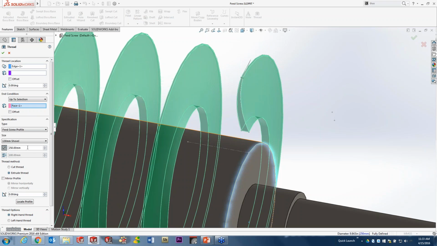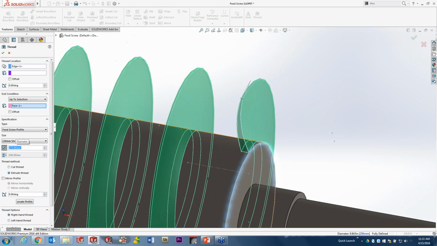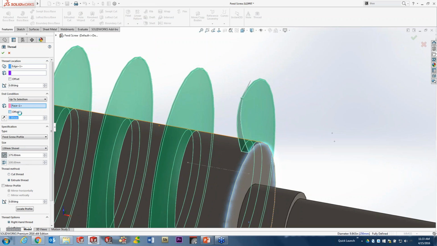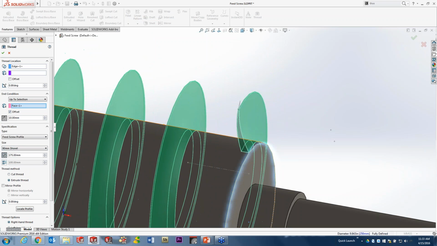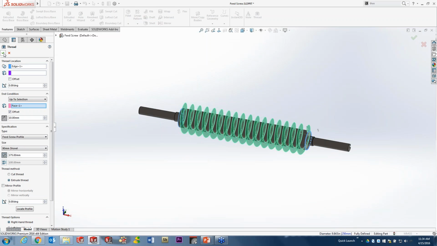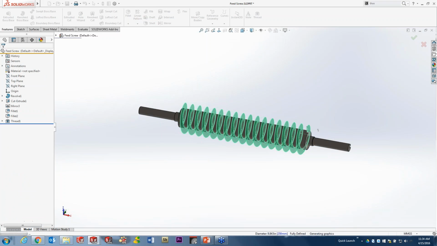And even if I want to reposition it based on where it auto-located, we can tweak those values as we go as well. So there's a lot of this stuff that happens that allows us to use any consistent profile here and modify that as needed to increase or decrease the size of what we see. When all is said and done and everything is set properly, we just simply accept that